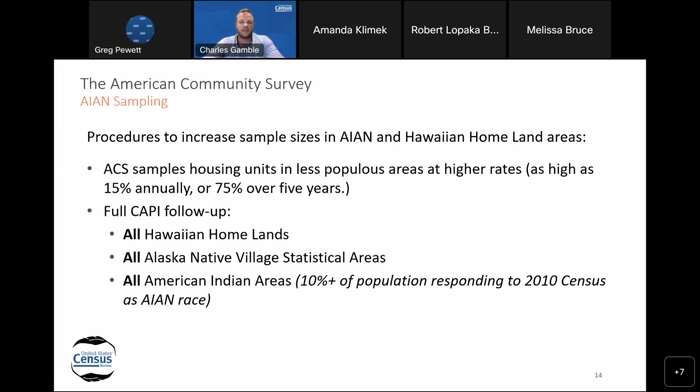The sample rate can be as high as 15% of addresses annually, and over a 5-year period, up to 75% of addresses sampled in these less populated areas. In addition, we have special provisions to further increase the sample in tribal areas. So as I just mentioned, there are higher sampling rates for smaller geographic areas, and for most of the country,